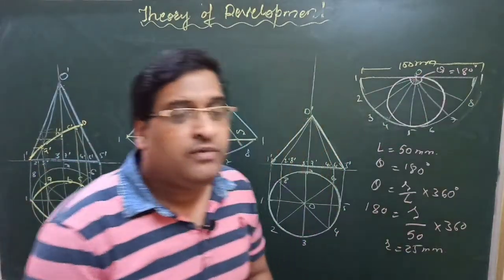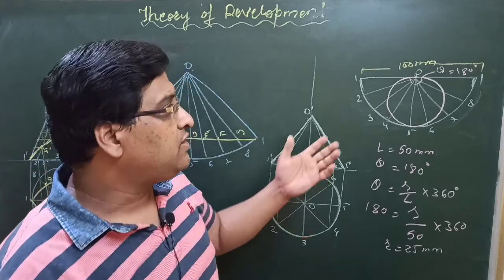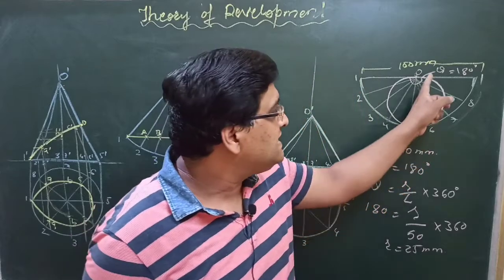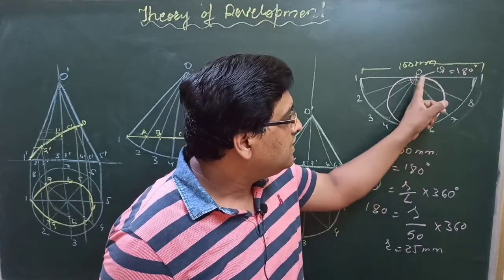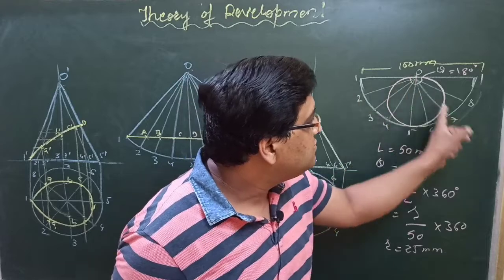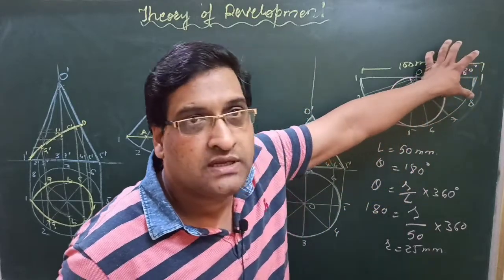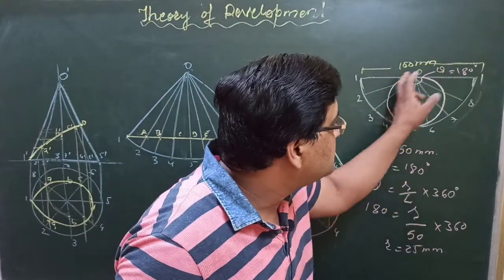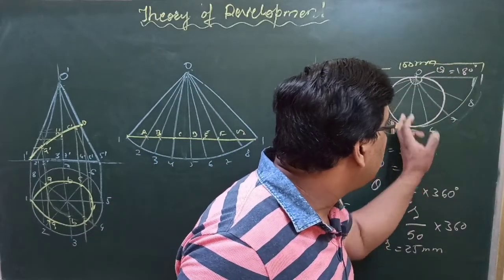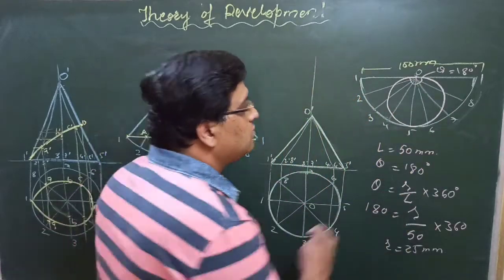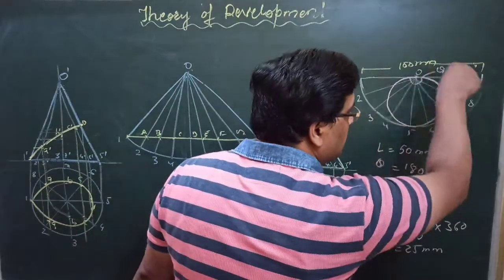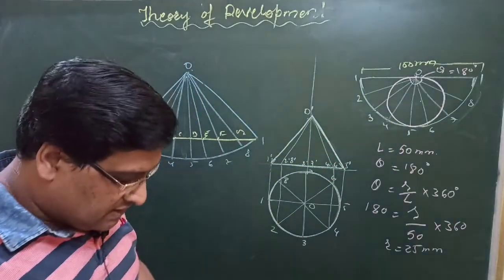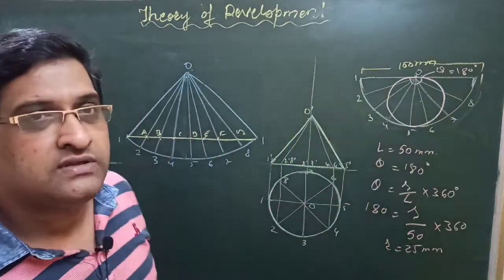Now what will be the maximum diameter circle which can be drawn here? This can be drawn only at the line O to 5. You can see here, apart from O to 5, if I take any one of these division lines, the circle will be outside the semicircle. Some part of it or half of it will be outside. So we have to draw the maximum diameter circle about O5 only. Taking the midpoint of O5 as center and radius equal to O to midpoint or midpoint to 5, draw the complete circle. This pink color circle is the ink line which has been drawn.